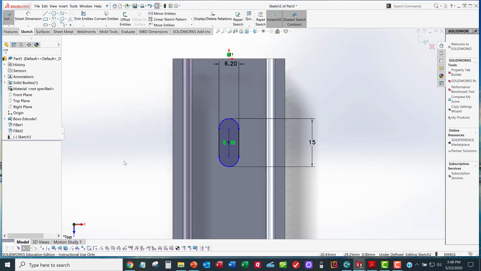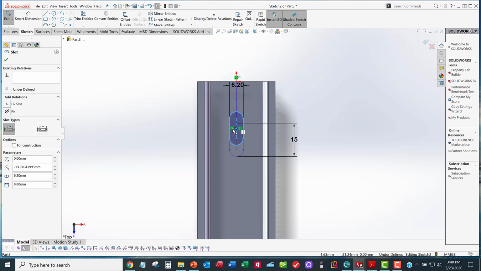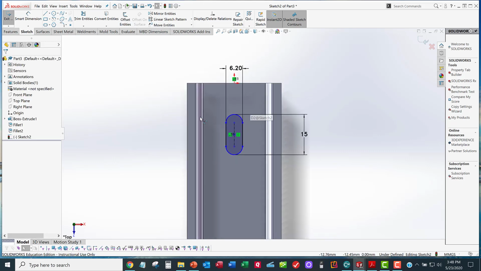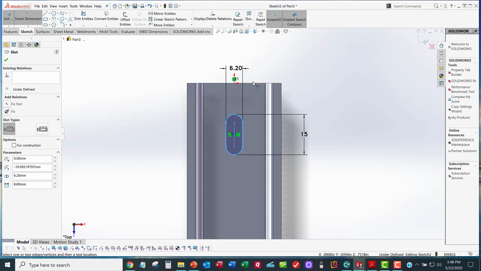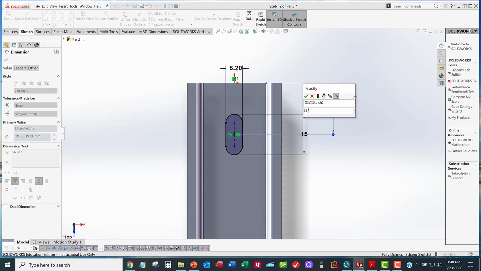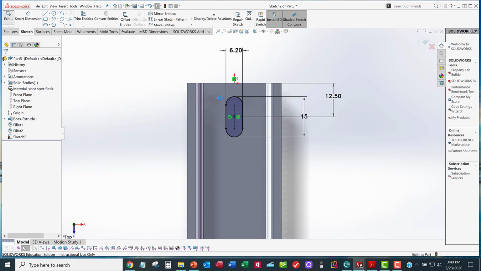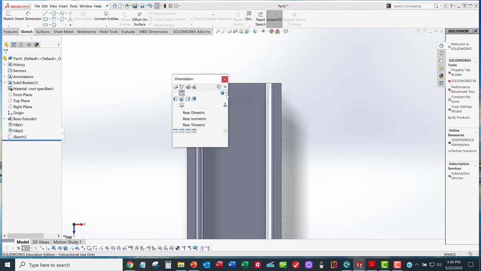Now the slot is almost totally constrained. The only thing left is I need to know how far it is from the edge. And I know based on my slot cut rule that the dimension from the center of the slot to the edge of the part, which I can just grab this edge here. It's not on my sketch yet, but if I grab that edge, it'll put that edge in my sketch. And I can place that dimension and make that 25 divided by 2. I can type that in and it'll calculate it for me. And now I'm totally constrained,